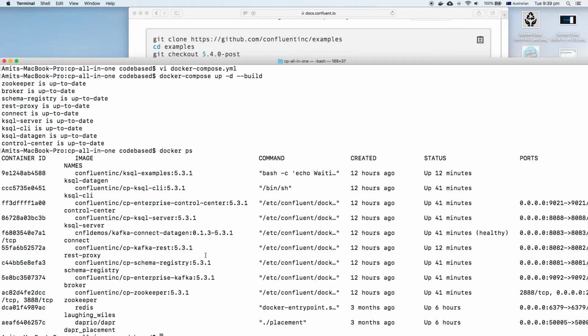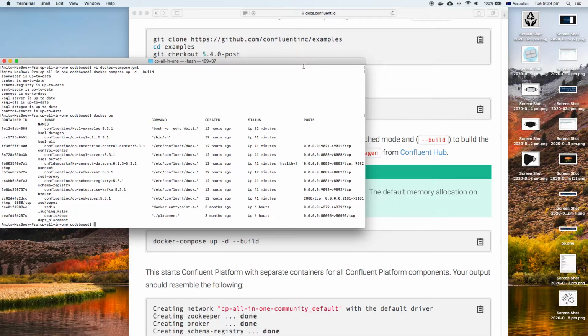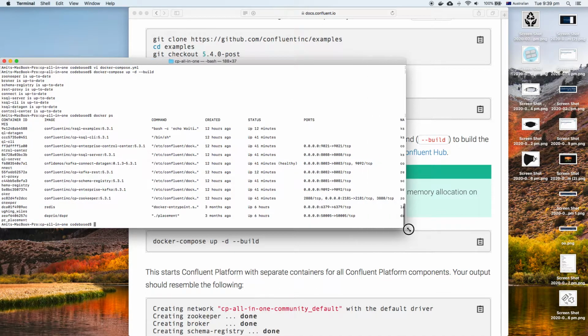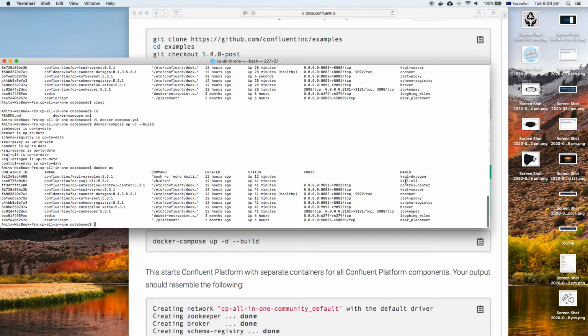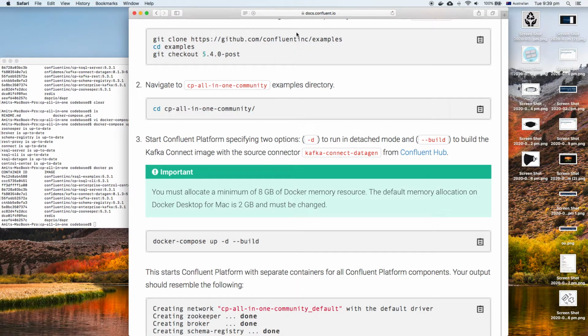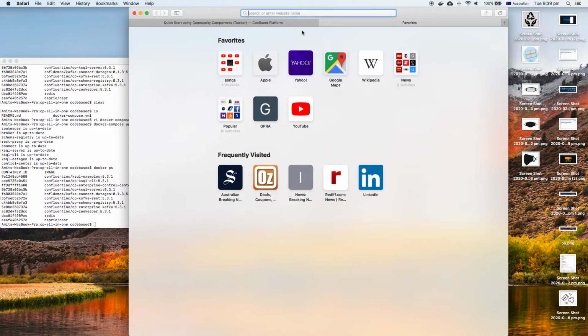So let's have a look at what Docker components are running. You can see it has got the KSQL data generator, KSQL client, and it also tells you the status of each. The most interesting one that we are after is the control center. Control center is the one which we're going to open as a UI to maintain the cluster, and the cluster contains brokers. So let's browse to localhost